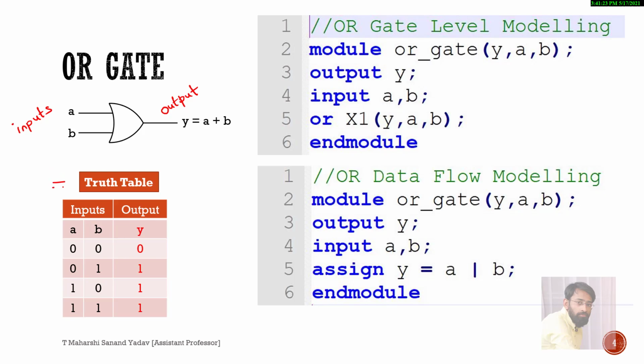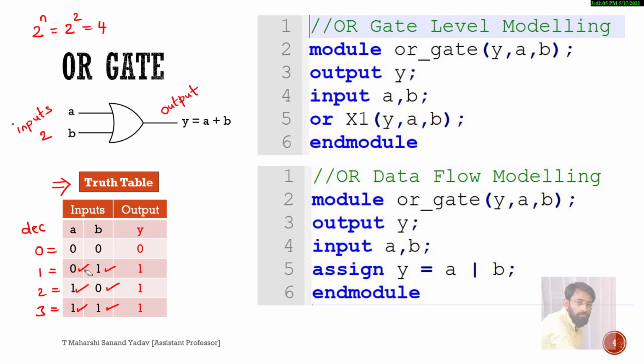Next, coming to the truth table. Truth table will give the relationship between input and output. So if you observe, there are two inputs. So for two inputs there will be four combinations. So the formula for this is 2 power n, which is nothing but 2 power 2, which is 4. So four combinations are 0, 1, 2 and 3. These are nothing but decimal equivalents and I have written the binary equivalent for them. So the binary equivalent for 0 is 00, for 1 it is 01, for 2 it is 10, for 3 it is 11.